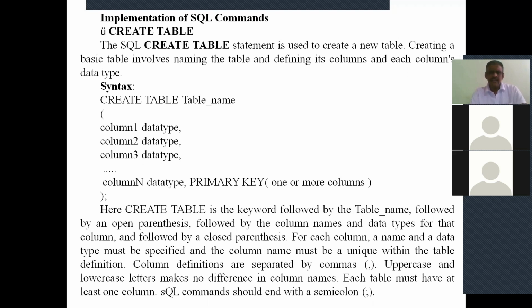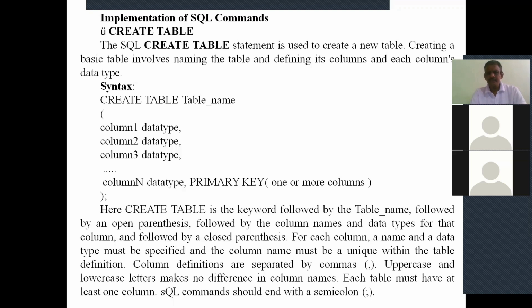The syntax of create table command is create table, table name, then open parenthesis, column 1 data type, comma, column 2 data type, comma, column 3 data type, comma, and so on,